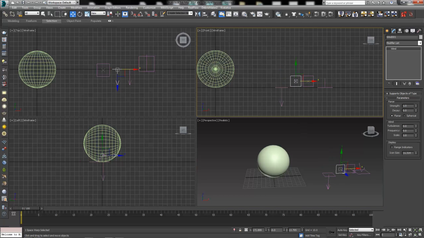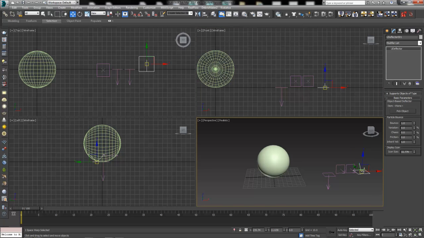Move over to our first wind. And once again, I'm going to use wind, but I'm not going to have any strength on it whatsoever. All I want is something from the turbulence area of settings here. Maybe about a 0.6 for turbulence on this one, something real small for the frequency, 0.03 to 0.05. And we'll raise the scale up fairly large on that one. And then the next one will have something just a little bit different. Again, with no strength. Turbulence, we'll go with about 1. Maybe frequency of 0.02, something even smaller, and a smaller scale, maybe half that, just 0.1 there. Okay, that should do us fairly well.